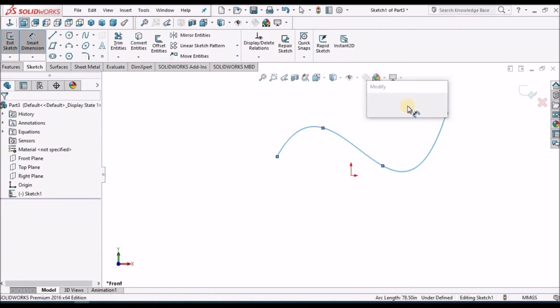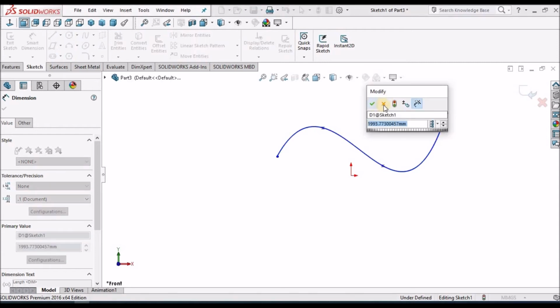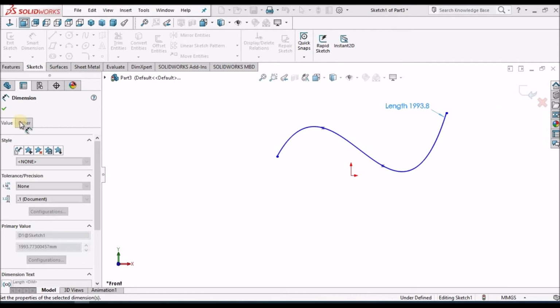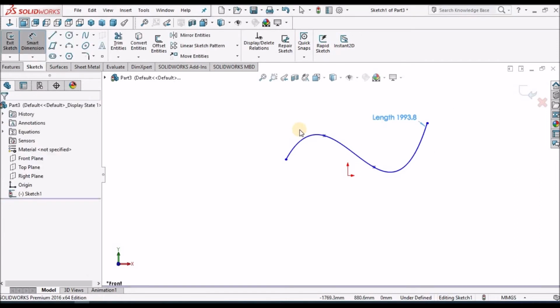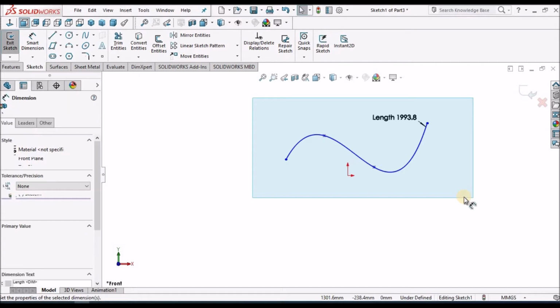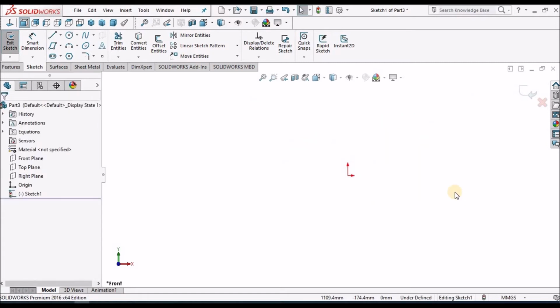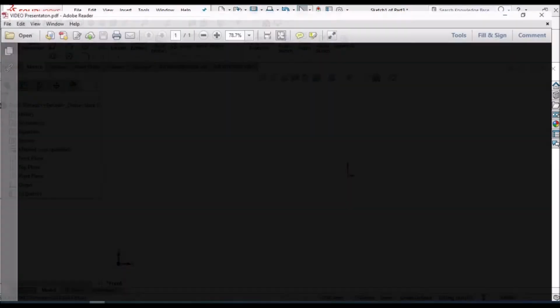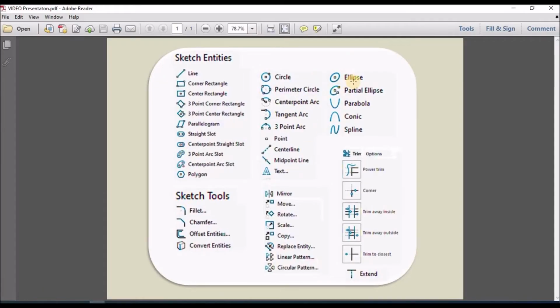So without radius it's difficult to do the manufacturing. So we don't use this spline. Rarely, for product styling, we use this option. So ellipse, partial ellipse, parabola, conic and splines, all of them. Fillet is done.